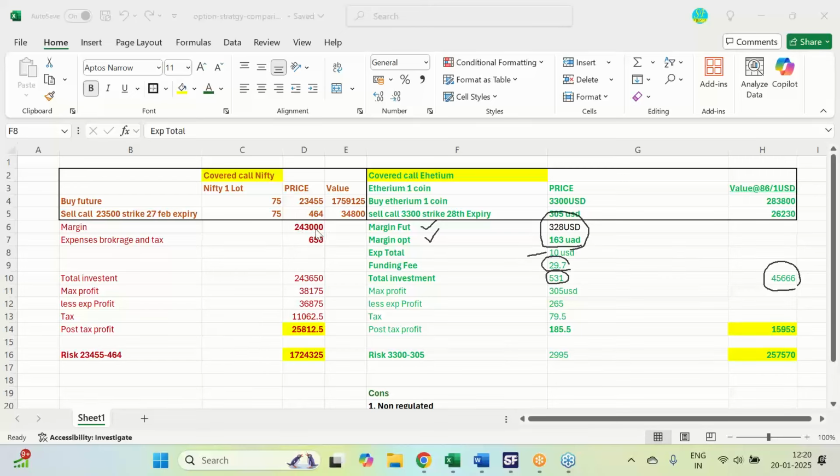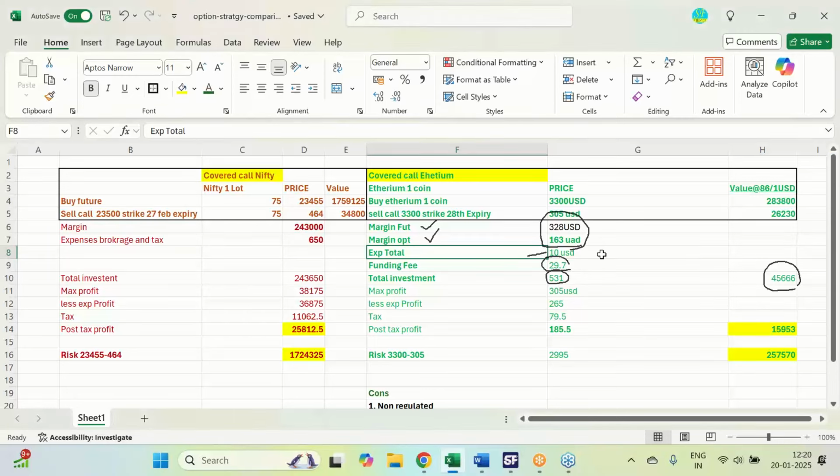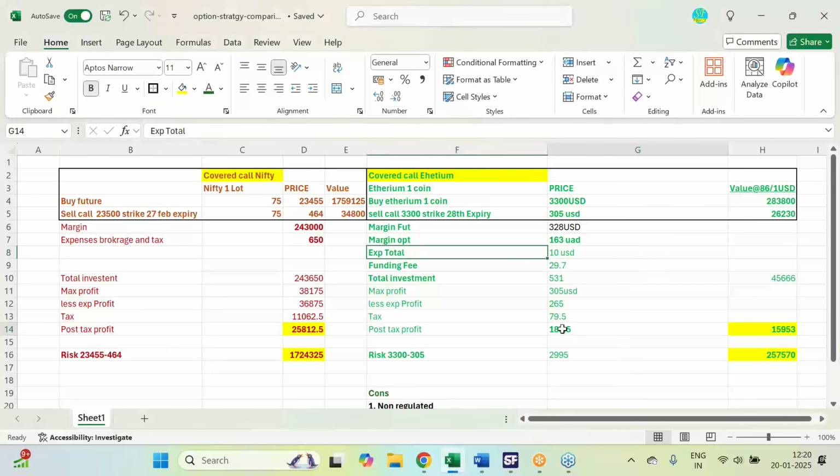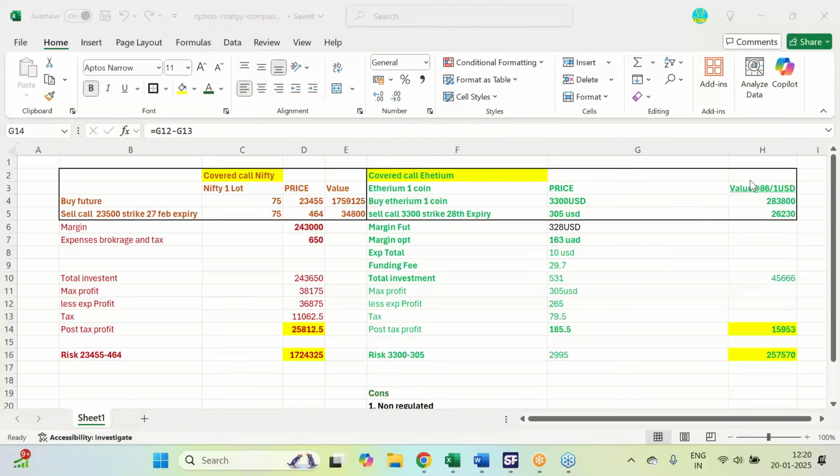So here 2,43,000, here 45,000. You add another 20,000, another 30,000 also you keep as a safety, or half of this amount also keep as a safety. No problem at all. Maximum profit, how much will you get? 305 USDT, because I have taken this thing 305 USDT, less expenses 265, taxes 79, your gain will be, here also taxes 30%, so your gain will be 185 USD, so it comes to